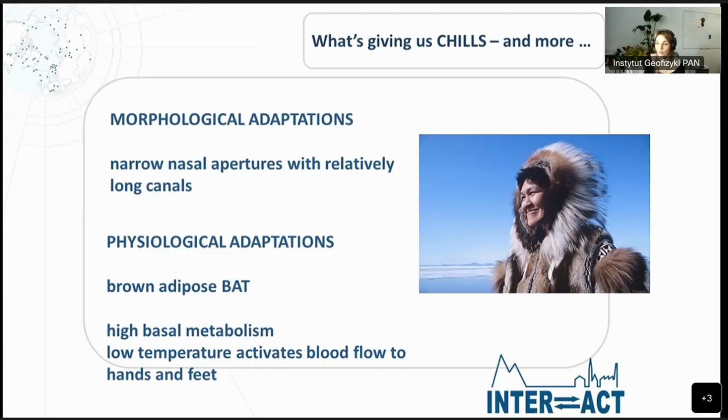So we all have both types, but most brown tissue is found usually in newborn babies, so they can be kept warm after birth. With age, the brown tissue disappears, and in adults, it is mainly located along the large blood vessels, somewhere around the neck, in most cases. However, it is different in the case of Inuit people. They have much more active brown adipose tissue throughout their life, which is of course written in their genes. We know specifically which gene it is, what kind of modification. And this is a very strong and very extreme adaptation to